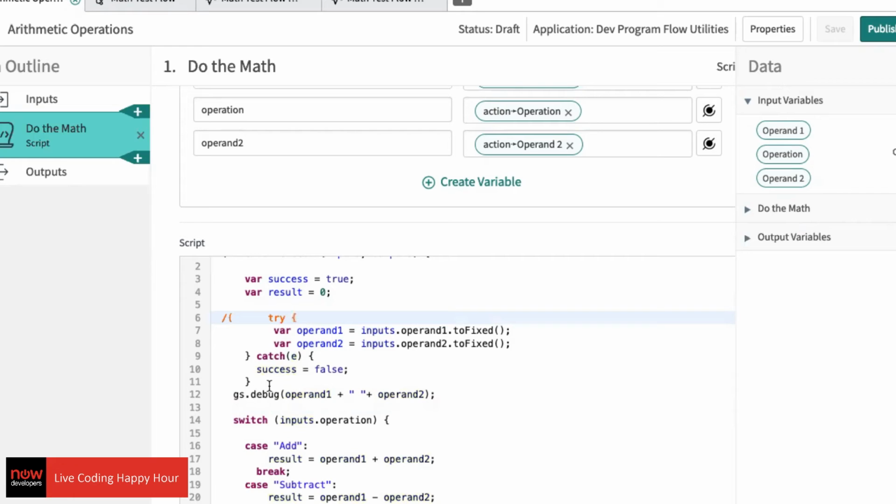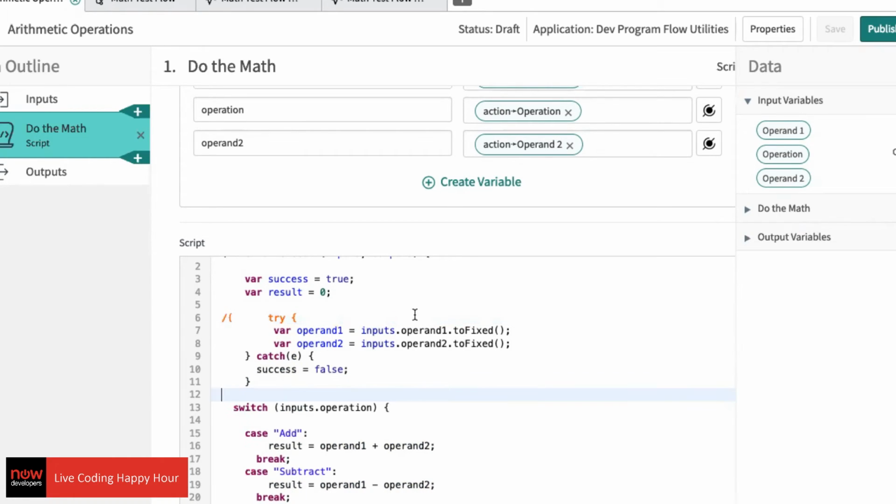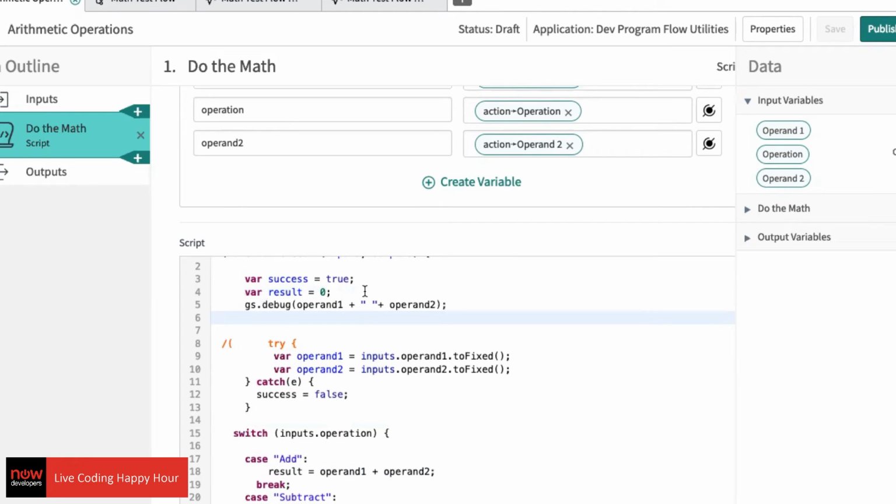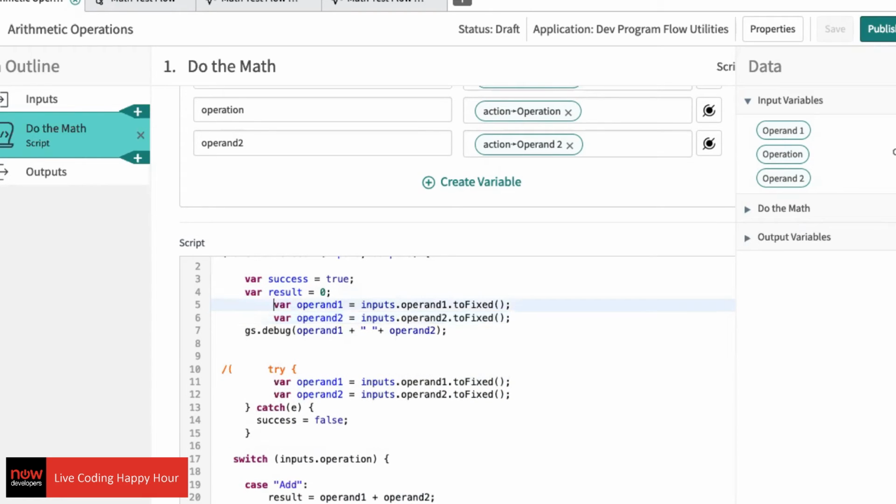why don't we try? I'm going to block this out just for right now. I'm going to leave this, just in case we decide we want this. Let's not do the toFixed. Let's not do anything. Let's let JavaScript do its JavaScripty magic, the same way that it's going to determine, is it numberish, like the weird way that JavaScript does these things. Let's just let it coerce. Okay. If it fails to coerce,